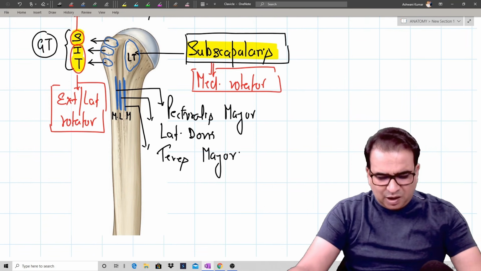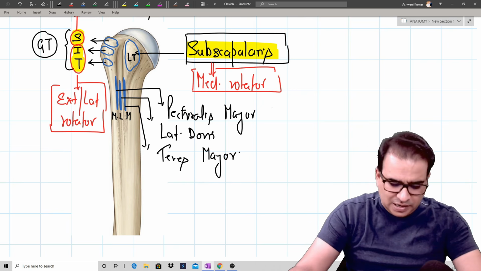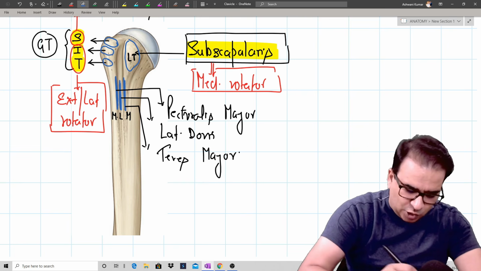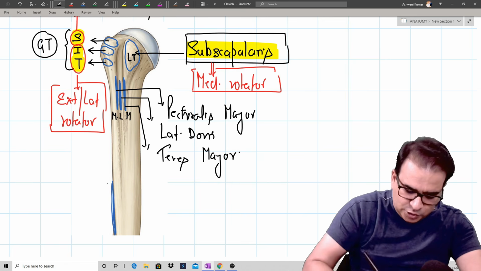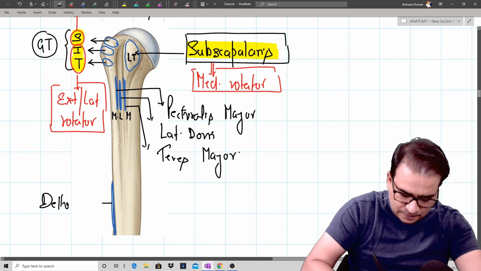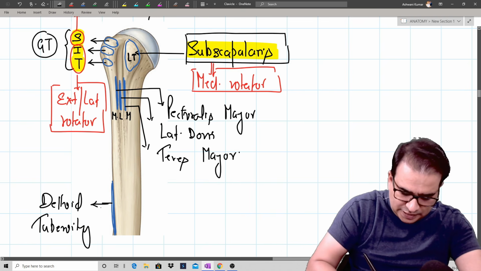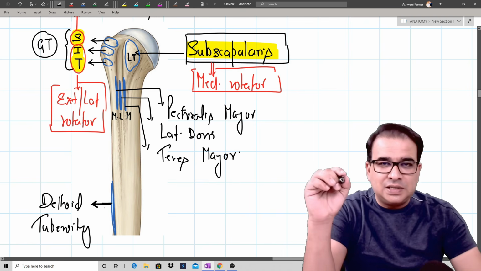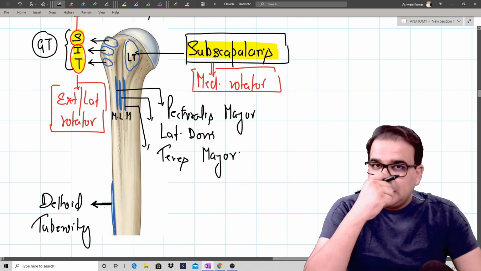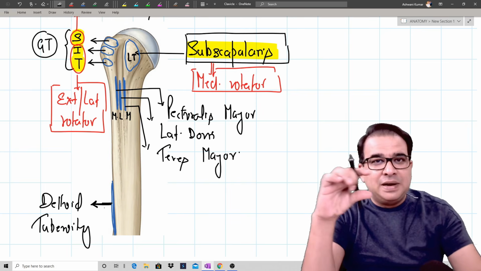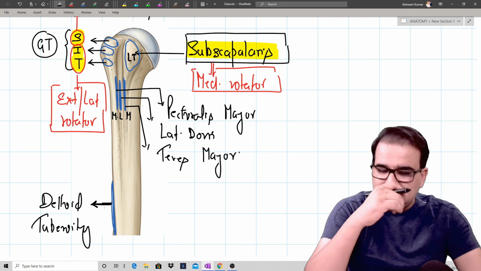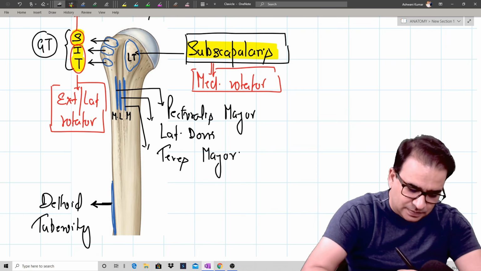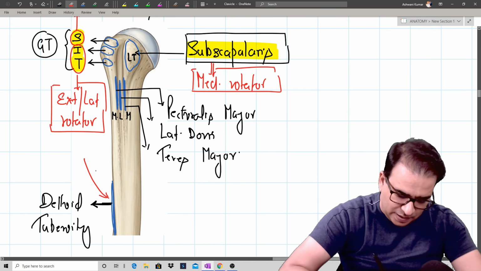What is also to be noted, although these prominences are not very clearly seen, is that we have a tuberosity present on the lateral side in the middle of the shaft of the humerus, and that tuberosity is called the deltoid tuberosity. So guys, please don't confuse the deltoid tuberosity of the humerus with the deltoid tubercle of the scapula. Deltoid tubercle of scapula was for the attachment of middle fiber of trapezius. Deltoid tuberosity of the humerus, which is on the lateral side of the shaft of the humerus, obviously is for the insertion of the deltoid muscle. So it's the deltoid muscle fiber which will be coming and inserting here.